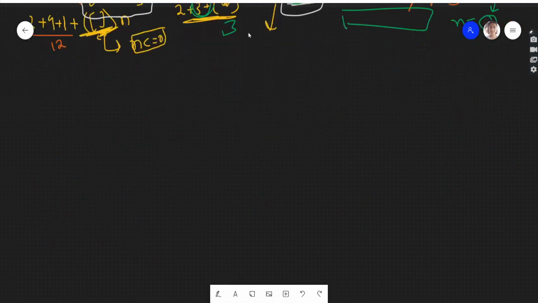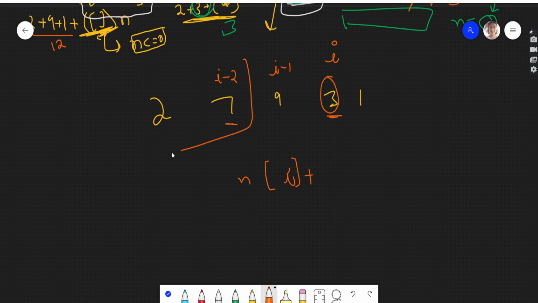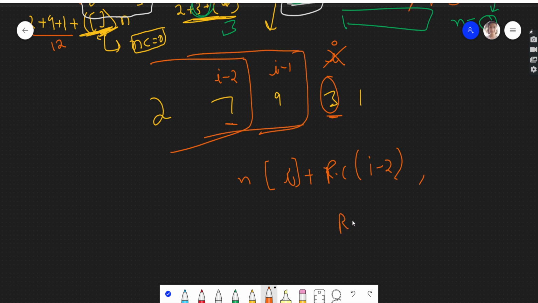Because see, if you have 2 7 9 3 1 and you are here, this is your i. Either you can take i, and this will be i minus 1 and this will be i minus 2 index. Either you take i plus the recursive call for i minus 2, or you do not take i and then you will have the recursive call only from i minus 1, as we saw earlier in the dry run.